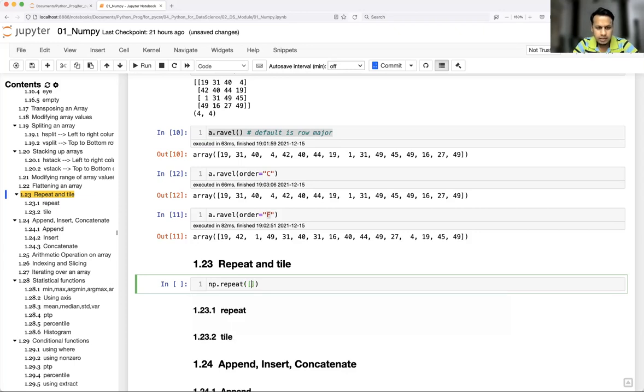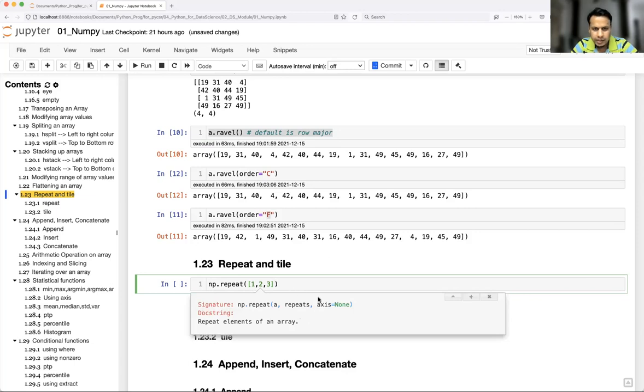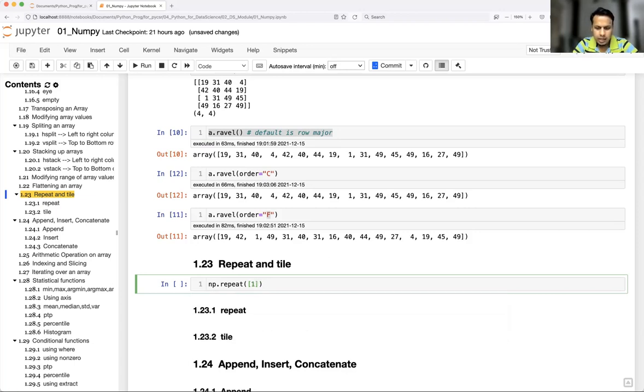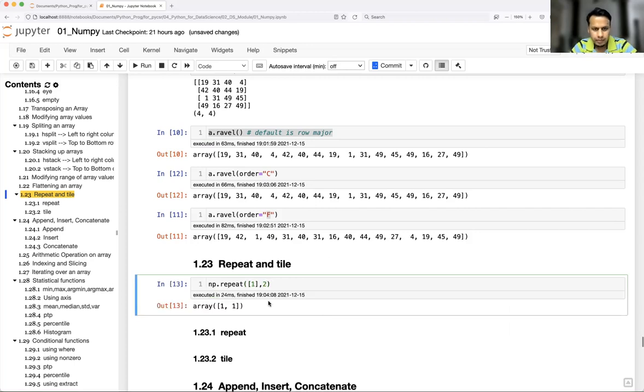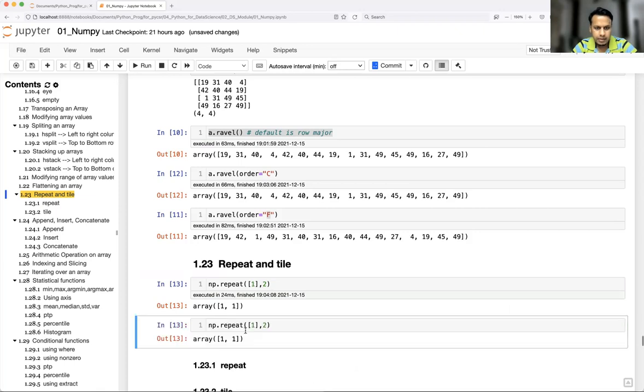My array is, let's say, 1, 2, 3. Then what it needs is repeats. Let's say I have only one element, and I want to repeat it 2 times. See here, so 1 will be repeated 2 times. This was a single dimensional array. Let's say I have one array with 1, 2 as the first row, and the second row will be 3 and 4.